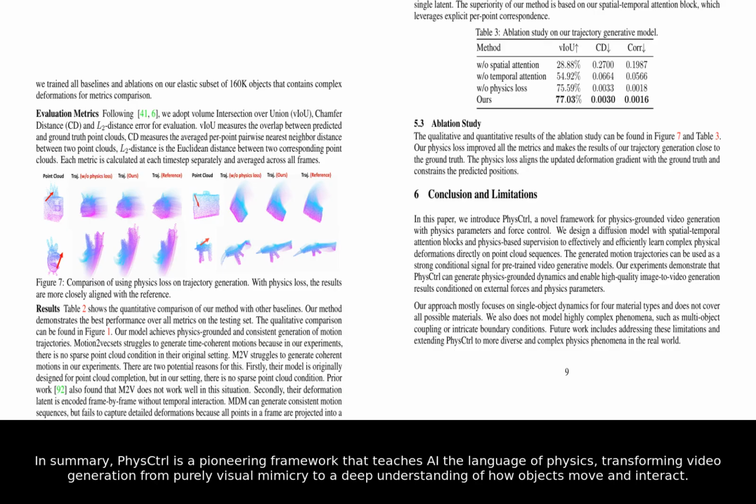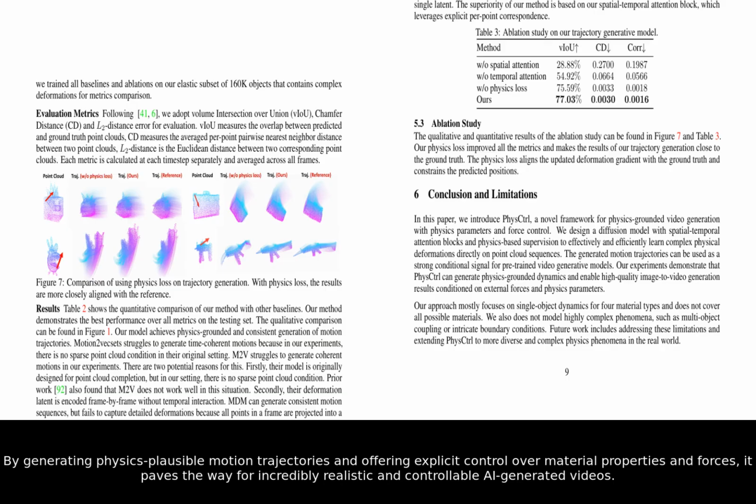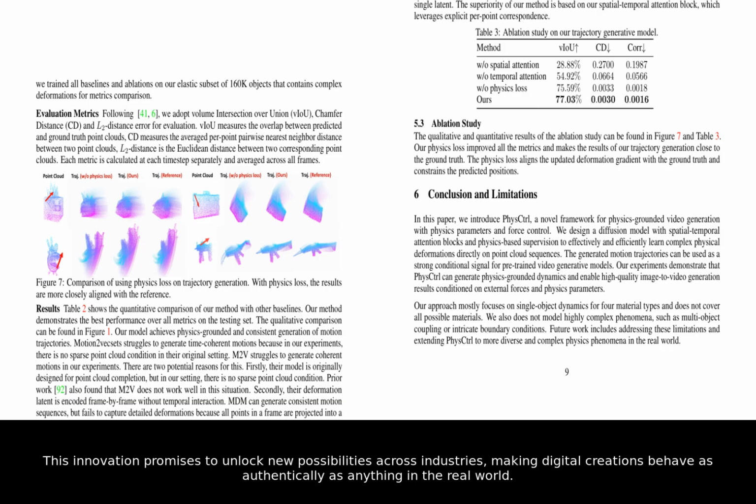In summary, PhysCtrl is a pioneering framework that teaches AI the language of physics, transforming video generation from purely visual mimicry to a deep understanding of how objects move and interact. By generating physics-plausible motion trajectories and offering explicit control over material properties and forces, it paves the way for incredibly realistic and controllable AI-generated videos. This innovation promises to unlock new possibilities across industries, making digital creations behave as authentically as anything in the real